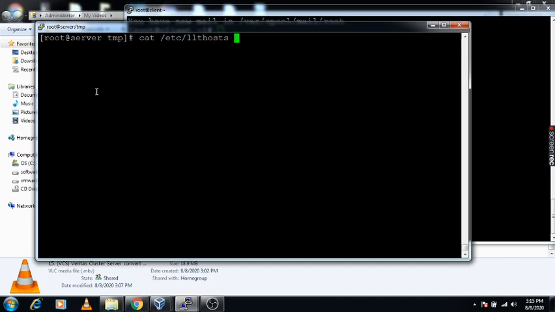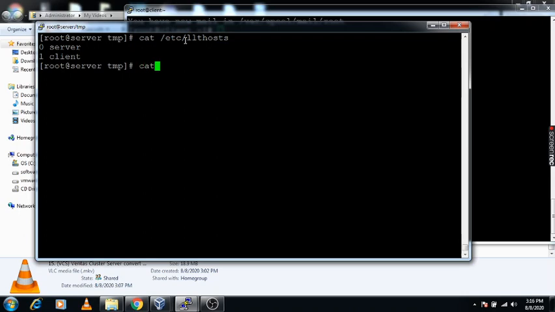If you want to add another node, you need to specify the node IDs, that is 0, 1, and this is the priority. If I want to add another one, you need to edit the file and mention the another node with priority 2, that is node 3. You need to specify it under this file.